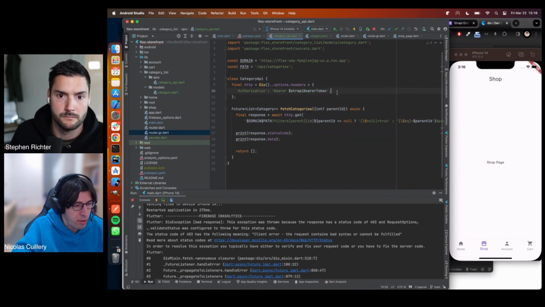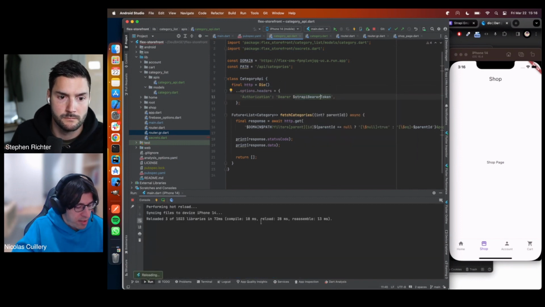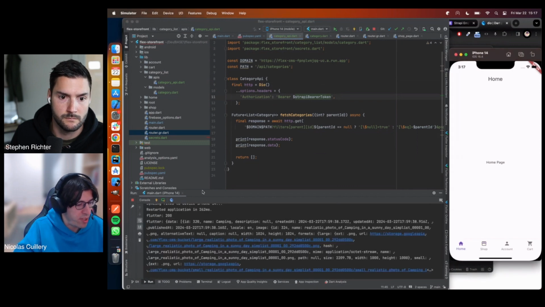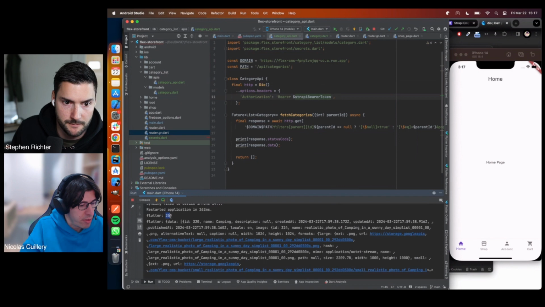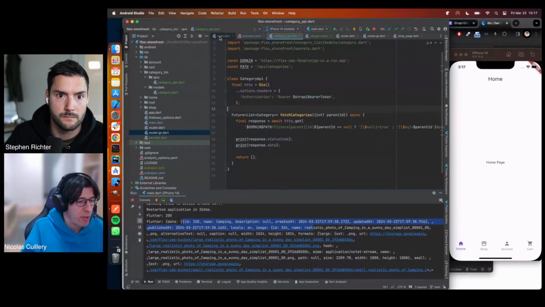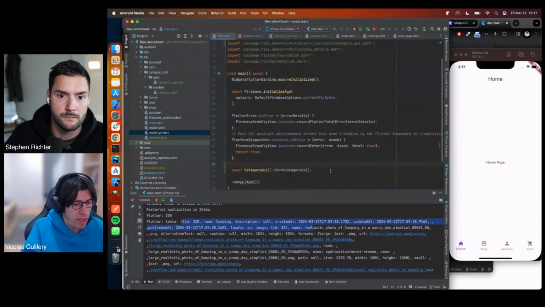Okay, let's start again. Oh, that's better. There we go. 200, so we're good. Good news, we have a 200 status. Nice. And we have some data with some categories in it. So good thing we have tried our service earlier. I can remove that because I know it works,